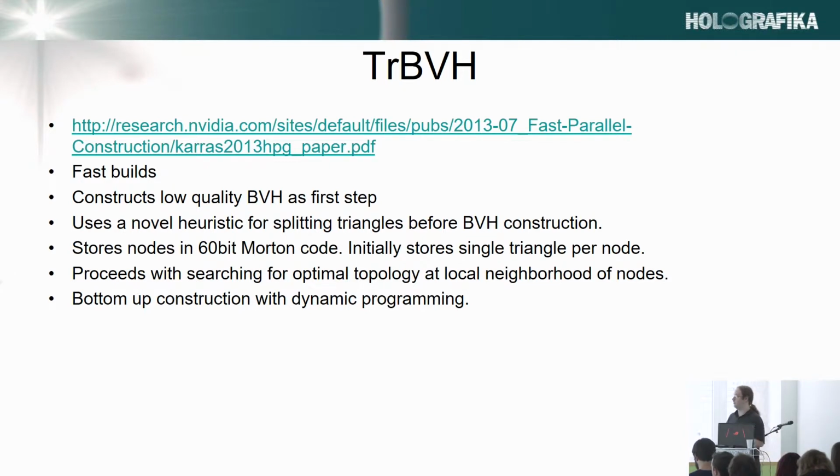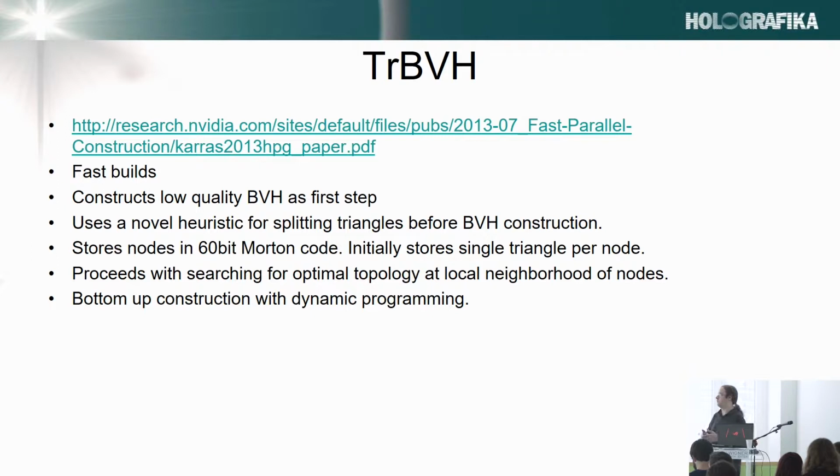It constructs a low-quality BVH as a first step. Then it splits triangles with another heuristic, not the surface area heuristic, doesn't matter, before the BVH construction. So even before it starts building the acceleration structure, it tries to check whether we have a triangle with a large area. And if we have a triangle with a large area, then we try to split it so that when we actually build a BVH, we only have triangles which are small enough to be in a single bin